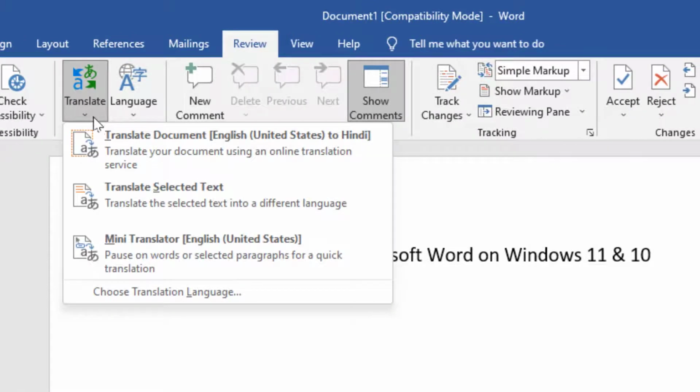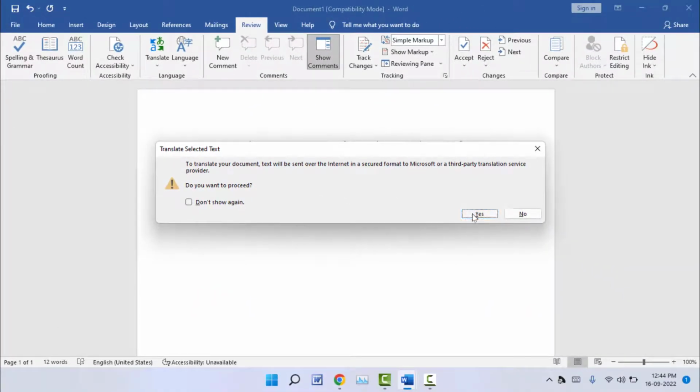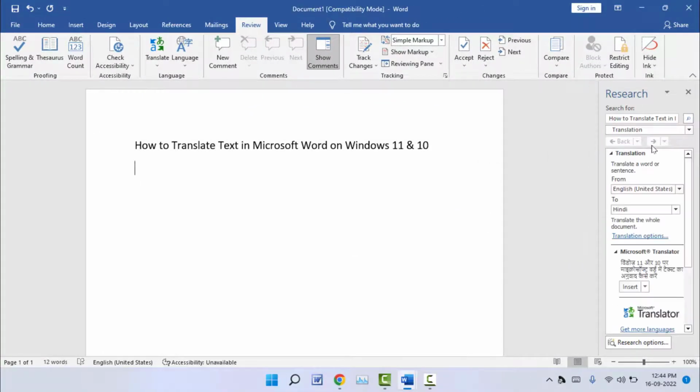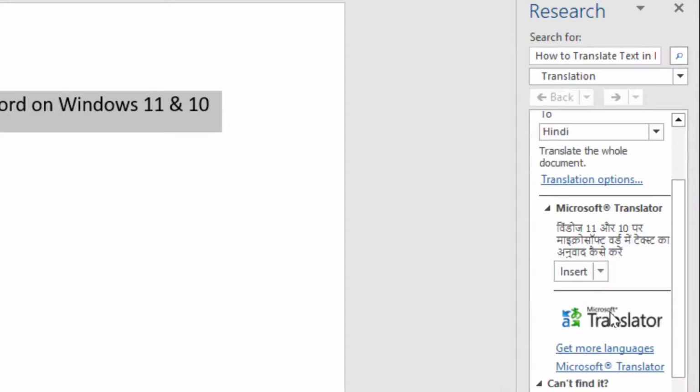Just click on it, and here you can find three options: Translate Document, Translate Selected Text. I am selecting this option. After this, just click on Yes, and here on the right side, now it will translate the text